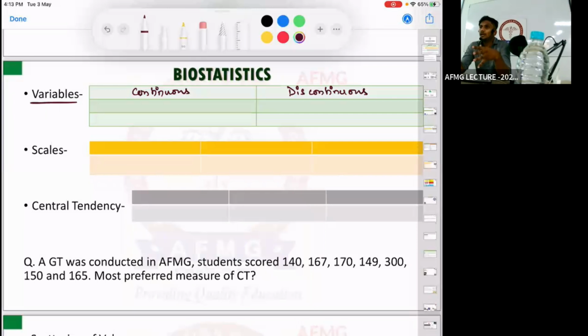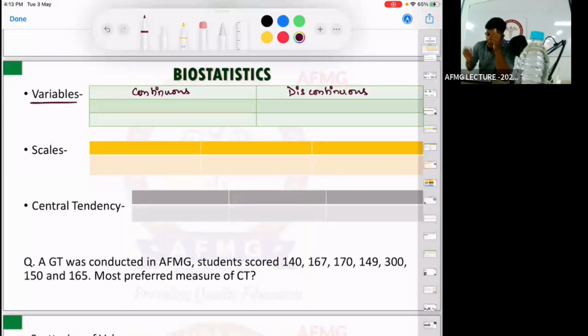Something like ABO blood grouping system, right? It has only A, B, AB, and O blood group. Only 4 values, and are in between values possible? No. So in between values are not possible. Same goes for religion, right? Same goes for sex. Either it is a female or male. Don't go into that details now. But at least according to biological sex, either it is a female or a male, mostly, right? So few values and in between values are not possible. That is what is a discontinuous variable.